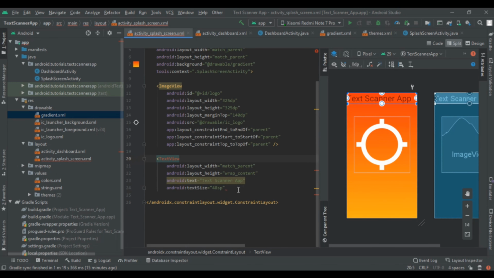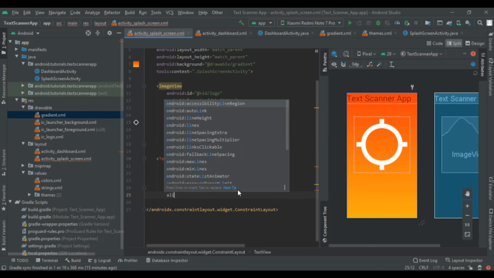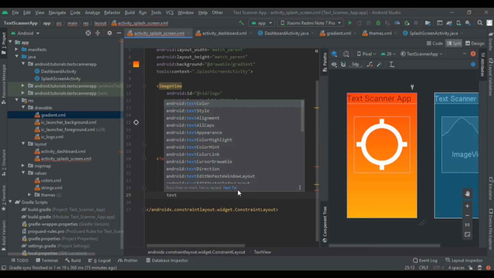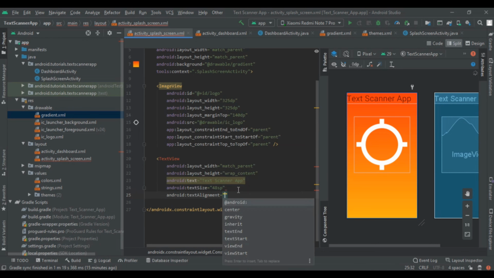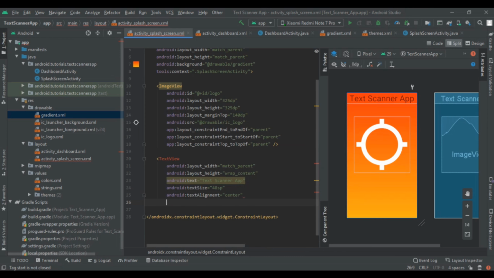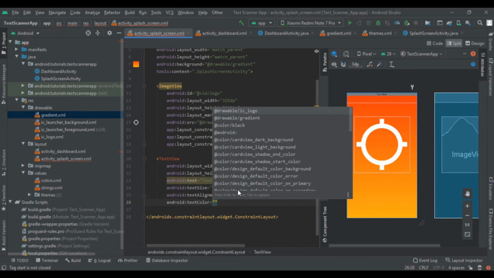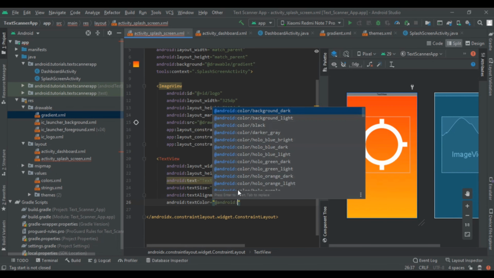Now we are going to align it to the center, so set the text alignment to center, and then give its color. The text color will be Android color white.